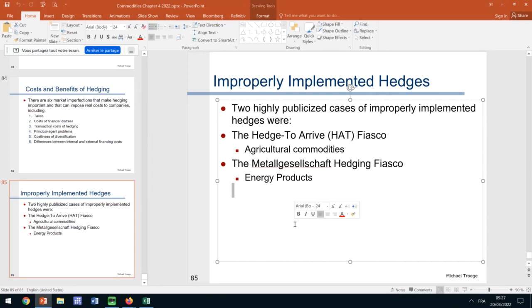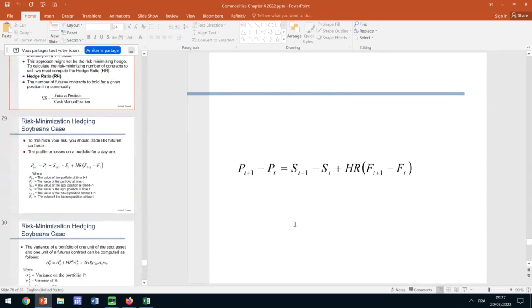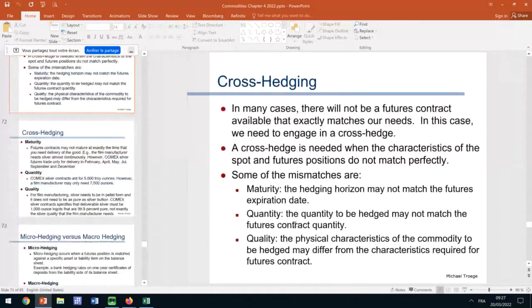In principle, hedging should reduce the bankruptcy risk. You're hedging to reduce your risk, yeah? But sometimes these hedge positions can go terribly wrong, and then you end up adding risk. Yeah? And in particular again